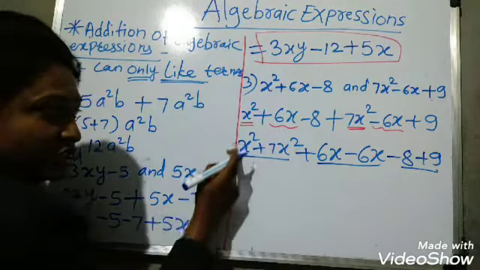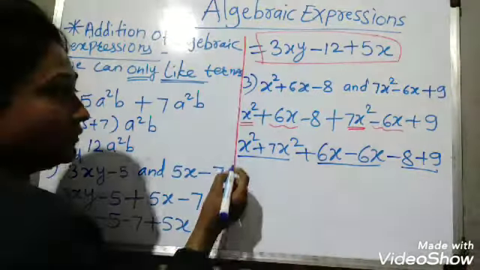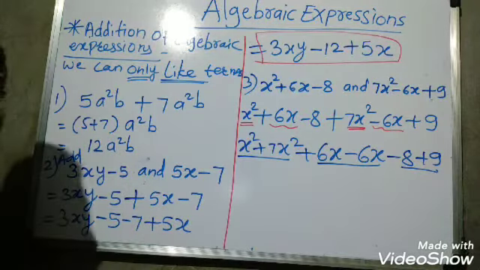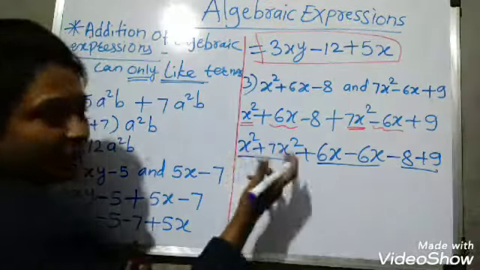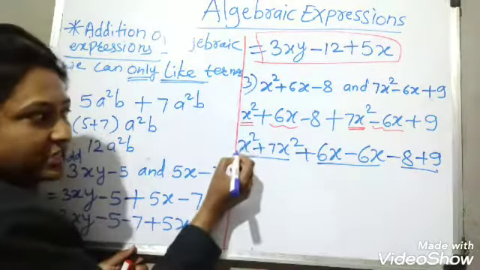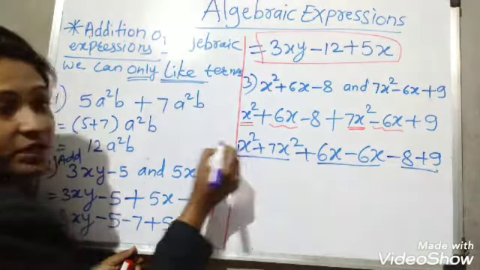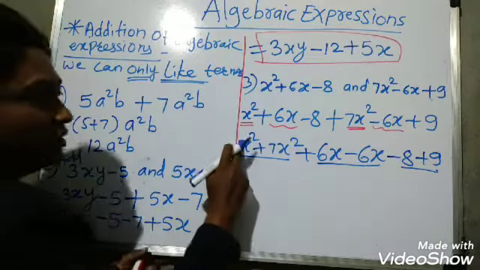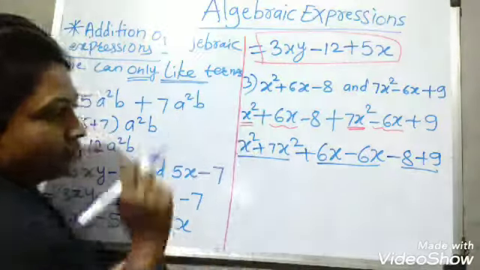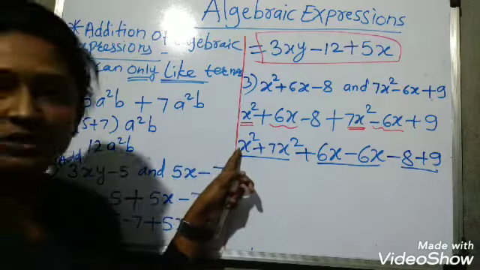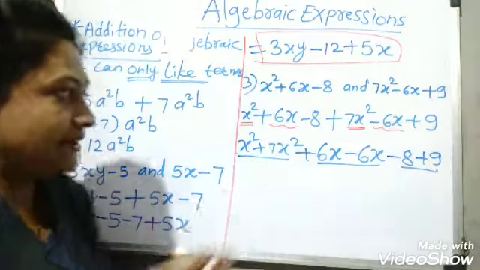Now here x square means only one x square is there. See, in my previous video I already told you, if nothing is there, we can add only the coefficient. Now for this x square nothing is there, which means there is always 1. We are not writing it, it is not given, so only x square. Always remember, if nothing is there, it is 1. So 1 plus 7, what is it?